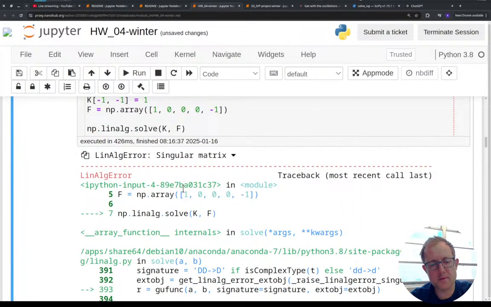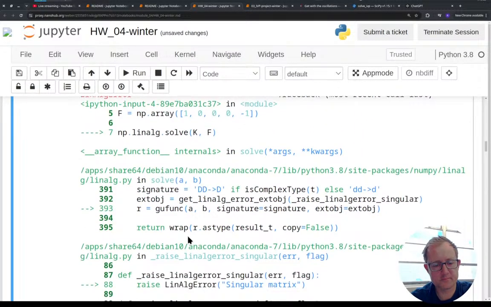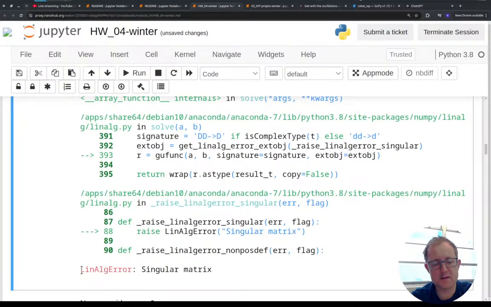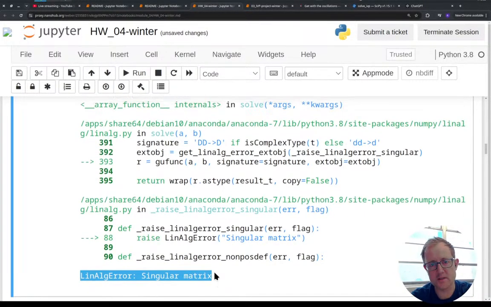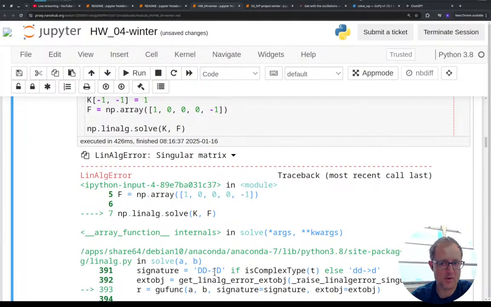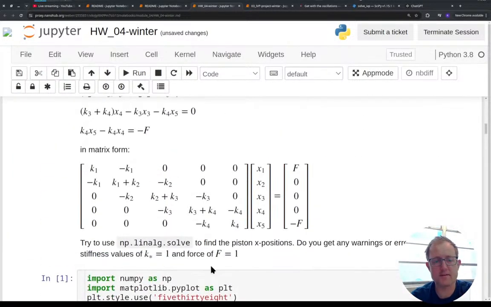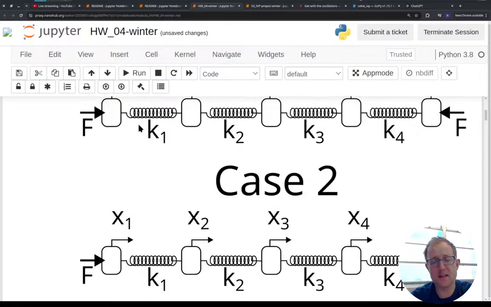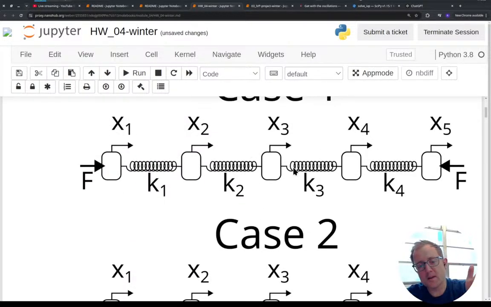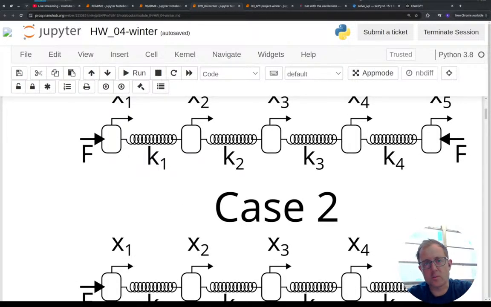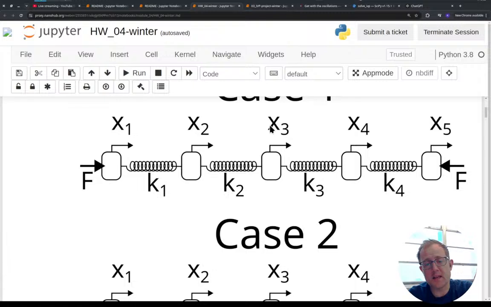And sometimes people, like initially it seems like there's no solution to this problem, but it's actually the opposite problem, that there are too many solutions. When you have a singular matrix, it means that, so one example is that if x5 equals 0, then I can solve for case 2. So that's one solution. Another one is I could say x3 is 0, and now x5 and x1 both move towards x3. Or I could say x2 is 0, kind of a weird thing to do, but I could add